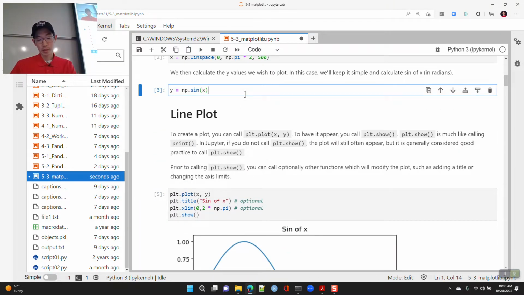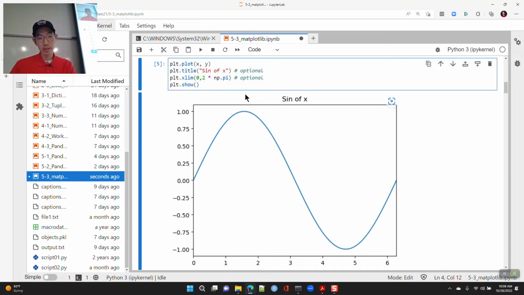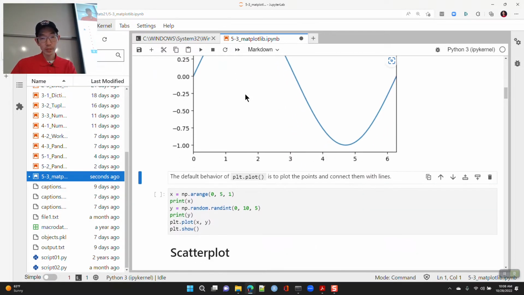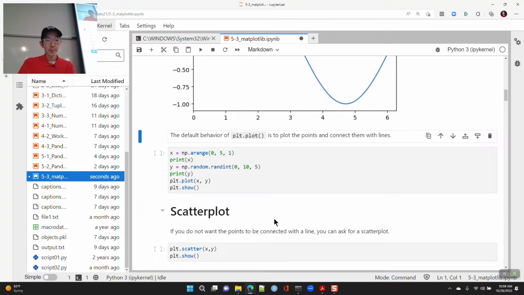We have y as the sine of x. I'm going to go ahead and plot that. We'll get sine of x. Okay. Here I'm creating a new